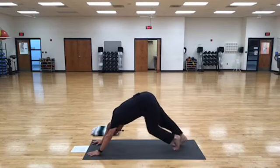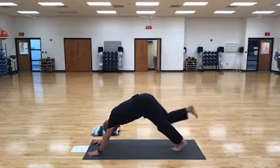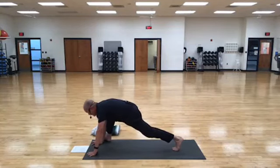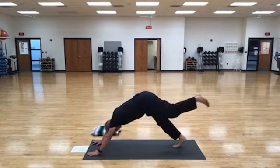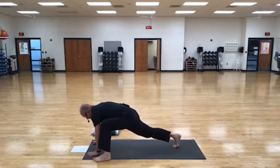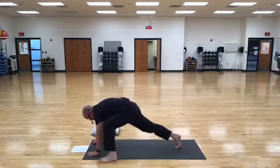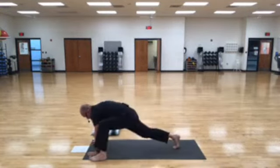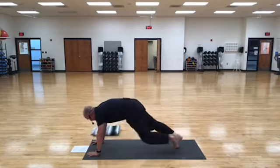So the next movement is lizard lunges. It can be hopping lizard. So option 1 is to extend the right foot beside the right hand and back and lift with the hip of the side, step and back. So the right forward and the left forward. Lizard lunge, extend the foot forward, beside the hand, or option 2,